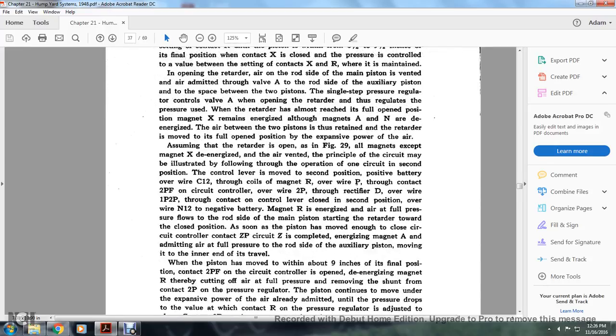Assuming that the retarder is open, as in figure 29, all the magnets except magnet X are de-energized with air vented. The principle of the circuit may be illustrated by following through the operation of the one circuit in the second position. The control lever is moved into the second position, and positive goes over the wire T12